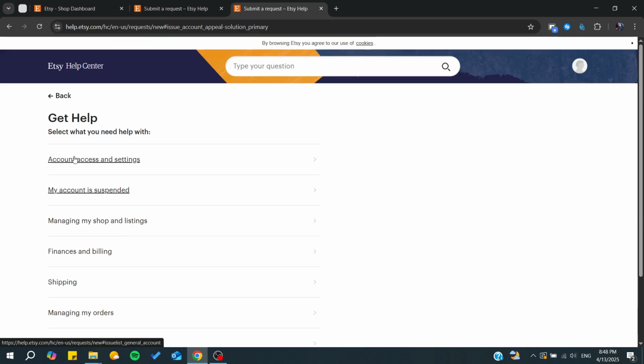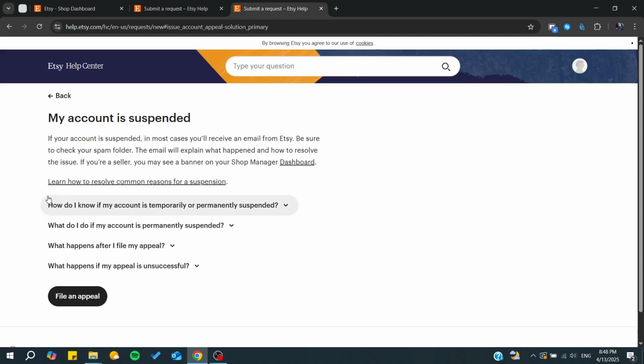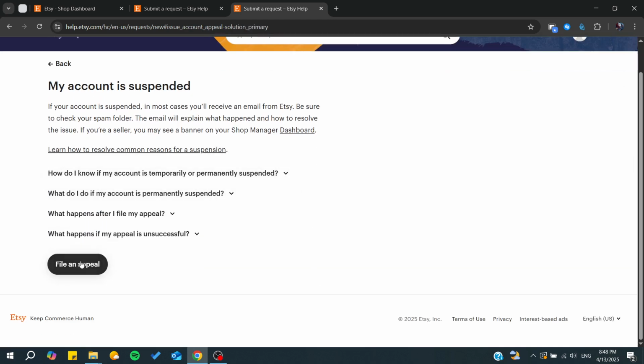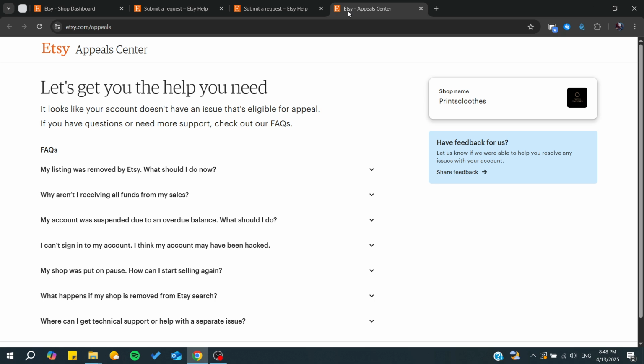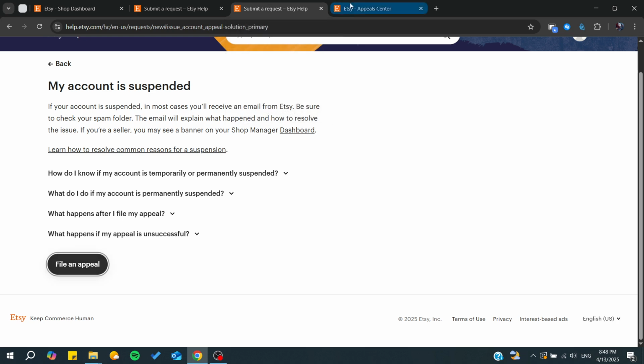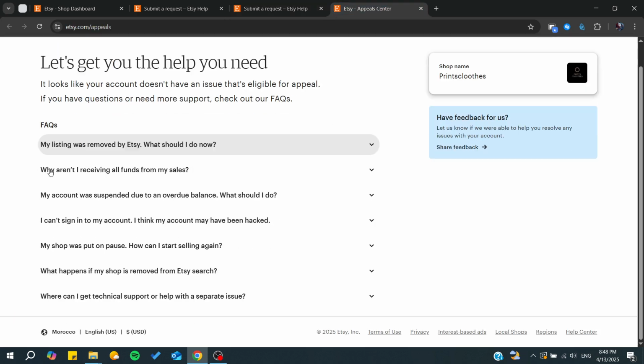And you can, for example, go to my account is suspended, and from here you can file an appeal so your account won't be suspended and you can correct your date of birth on Etsy so it can match your ID. So simply you can here go to technical support or help with the issue, or you can simply,